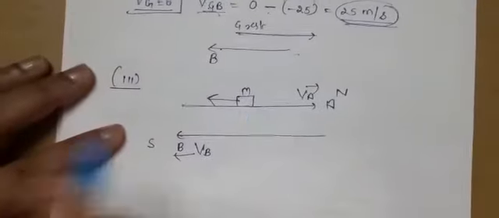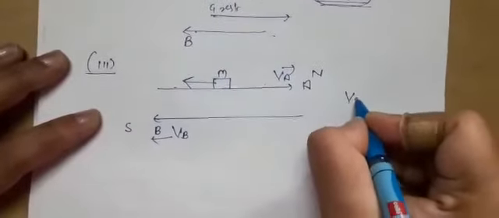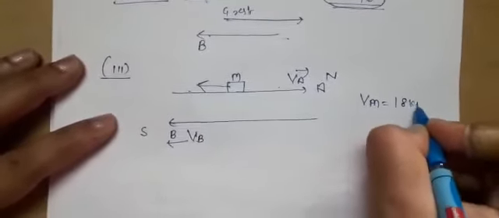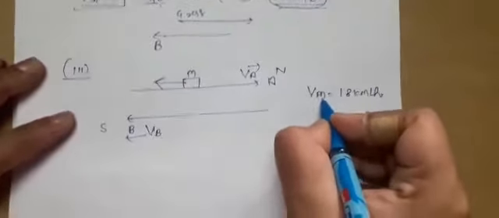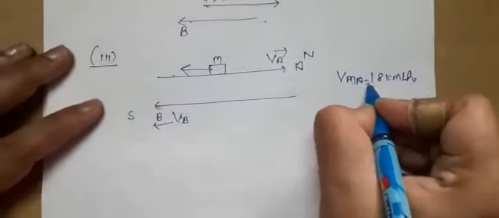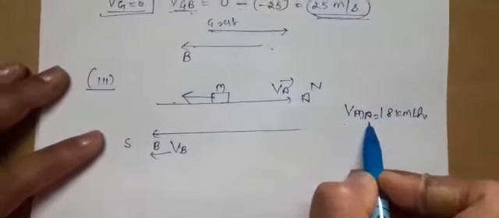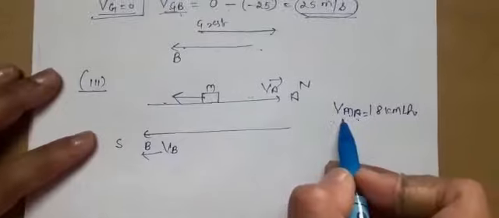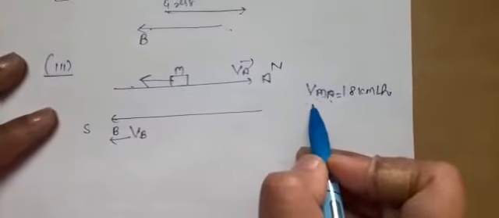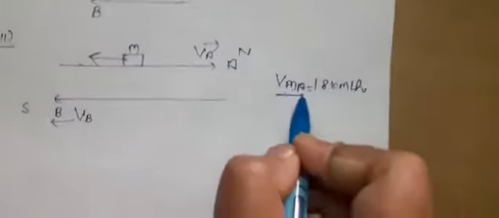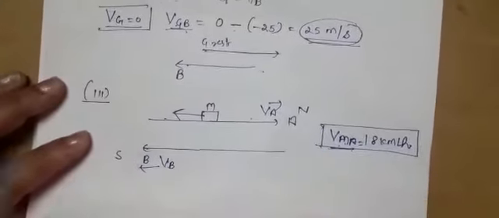Velocity of a monkey running on the roof of train A against its motion. And what is the speed of the monkey? That is given to be 18 km per hour. One very important point is mentioned in the statement: velocity of monkey with respect to train A. VMA has been given, velocity of monkey with respect to A. That means Vm is not given. If we directly write Vm, it means velocity of monkey with respect to ground. But when we write VMA, it means velocity of monkey with respect to A.